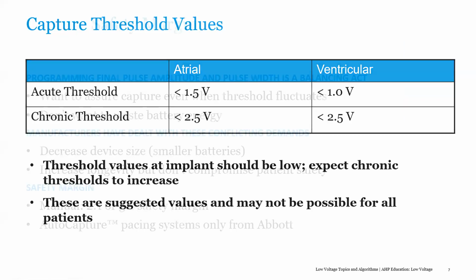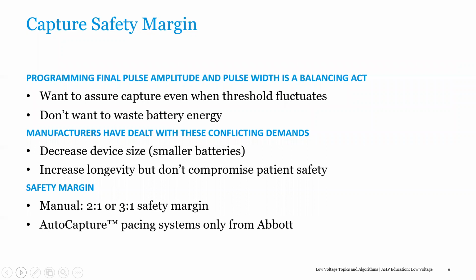So after implant, we want to set the output of the device with a proper safety margin to manage the effects of day-to-day influence on that patient's well-being. We call that the capture safety margin, or the safety margin for the patient. In the past, we used to usually just double the amount of output or double the pulse width in order to do that. Over the course of time, various different algorithms were incorporated into the devices, and our algorithm actually